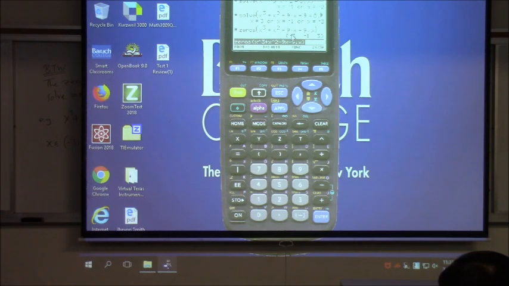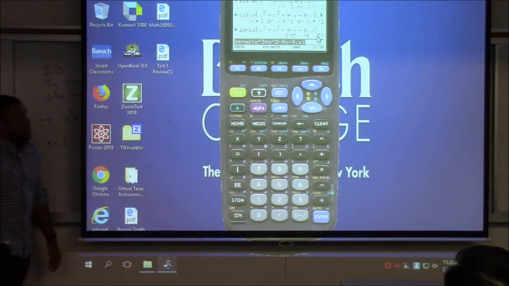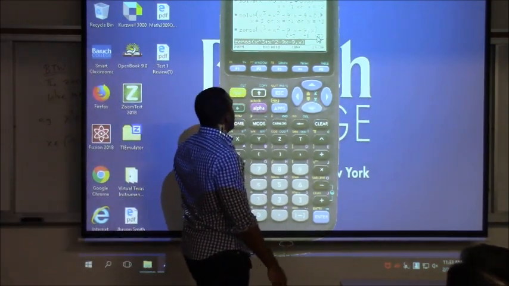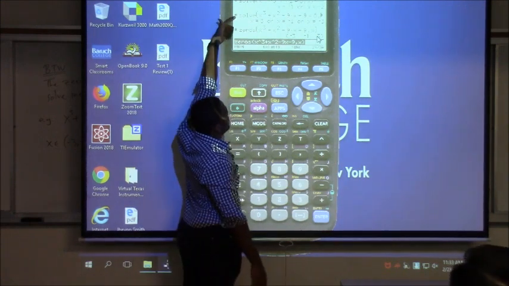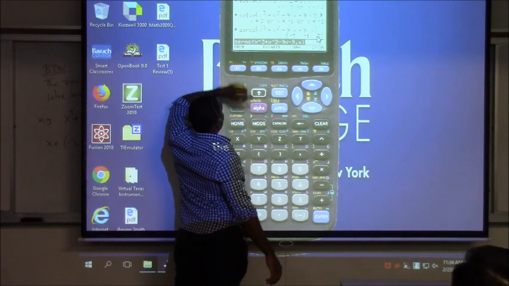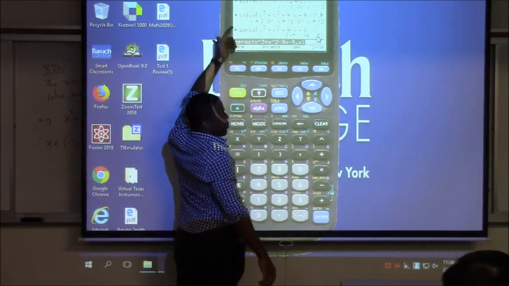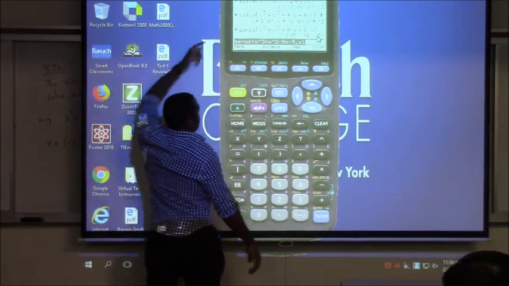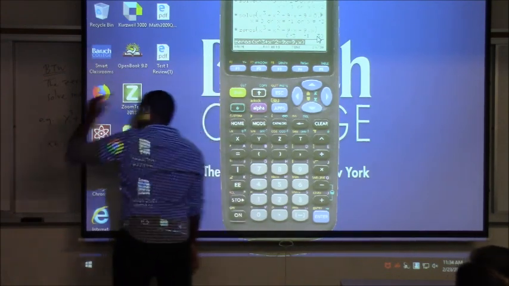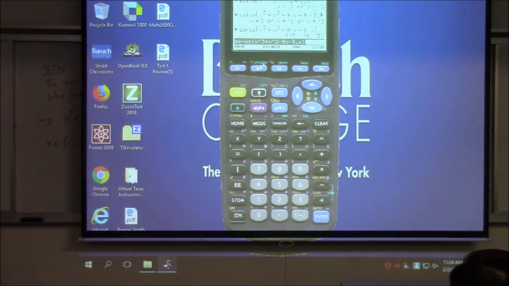And see, there it gives you the same guys, minus 3, minus 1, and 3. So it's just an alternative way. So that guy is not terribly necessary. You could still use the solve command as we've been doing in the past, but the zeros command is another option. One command that I would like, which is not going to be very useful for us, but it might be useful in other classes that you take, is you go to F2,